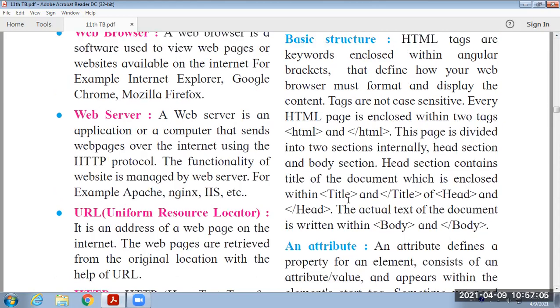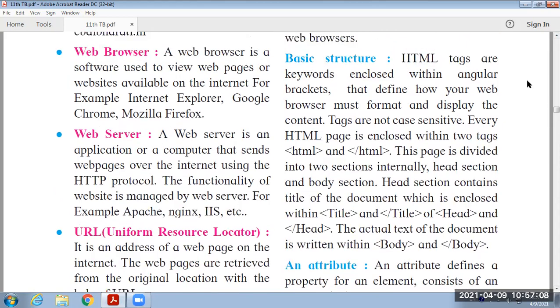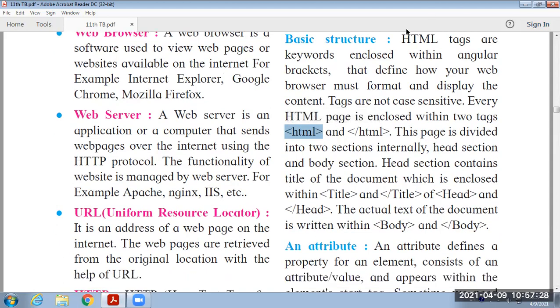Then let's see the structure of HTML. We know that HTML tags are enclosed within angular brackets. Such brackets are used to enclose the HTML tags, and whatever data we are typing within these brackets is known as the tags. Now, when we start HTML5, we initially type doctype HTML. After that, we provide HTML. Then the heading section by using the head tag, the title section by using the title tag, and the actual executable part under the body to end of body part.